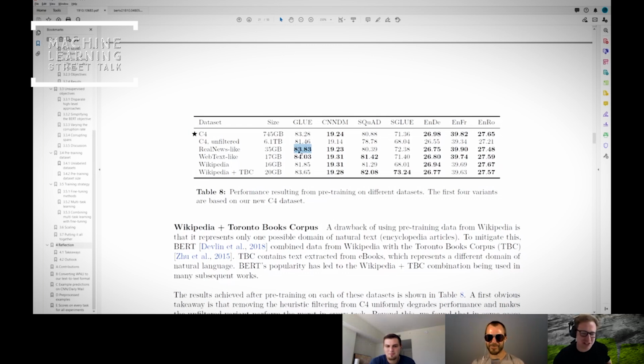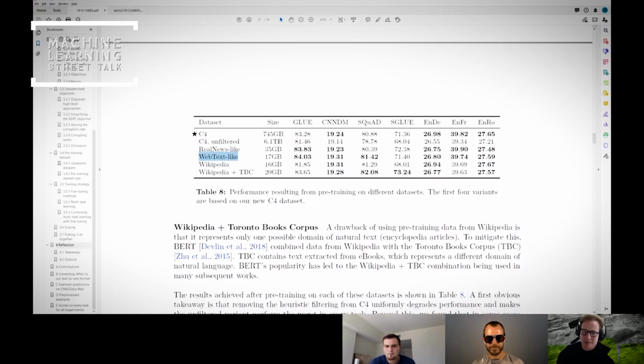Exactly. I mean, one comment I did want to make is it's actually not that big. So their data set, which they call Real News-like, or Web Text-like, I think that's their equivalent of what they did with GPT-2. So they filtered this corpus onto high-quality news articles, and I think that meant things that were linked from Reddit that had been upvoted at least 3 times.